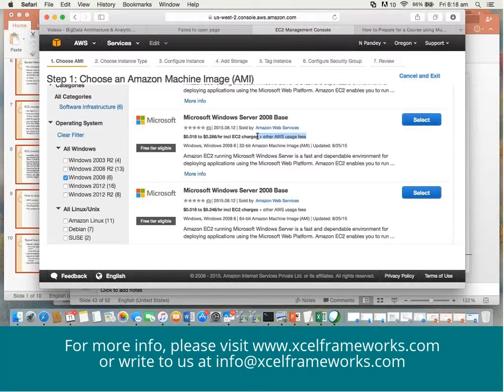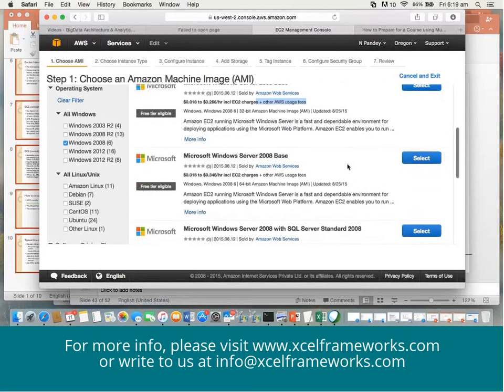But you are getting a box with Windows. Here you are not being charged for license, you are being charged for usage, right? You see, Amazon EC2 running Microsoft Windows Server is a fast and dependable environment for deploying applications using Microsoft web platforms, right? Amazon EC2 enables you to run them.